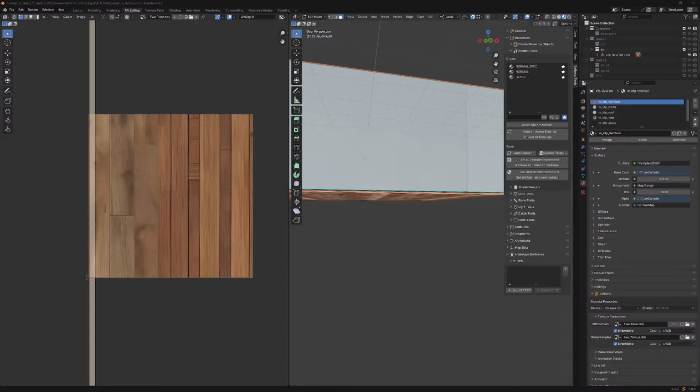No, that's not a good example. Ooh, that's not a bad example. So I don't know where this is. It looks like the